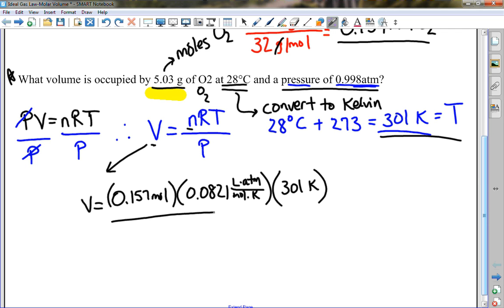All of that is divided by P, our pressure, which we didn't have to do anything with, 0.998